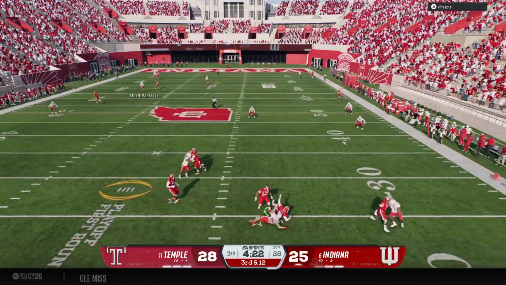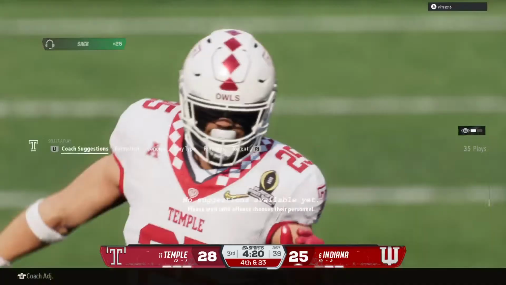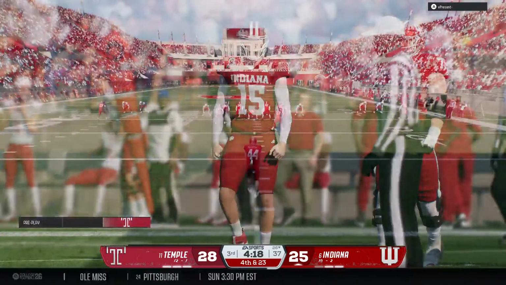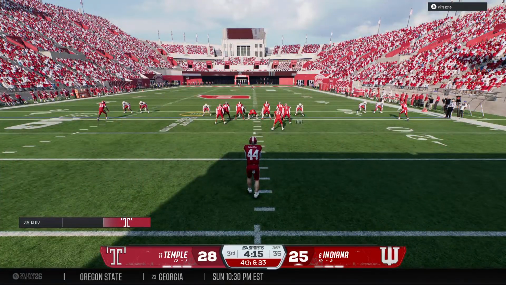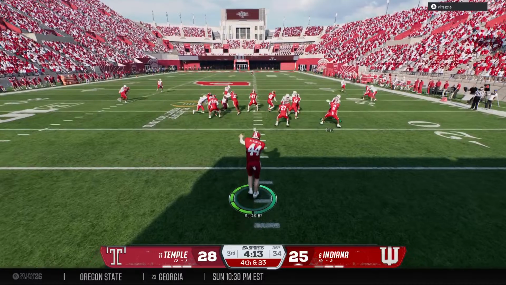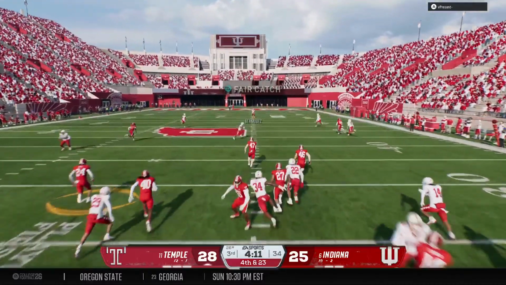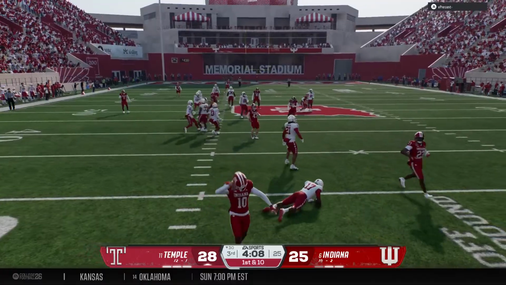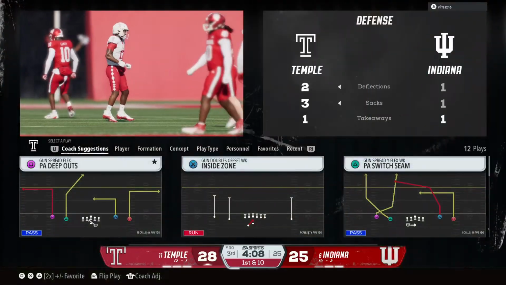Running out of time in the pocket. Oh, down he goes. It's a sack. Great call here going with that nickel defense, giving you more speed on the field on that 3rd down and long. Nowhere to go. Gave the defensive line plenty of time to come up with that sack. And now it's 4th down and long. And the returner is tackled by this punt coverage team.